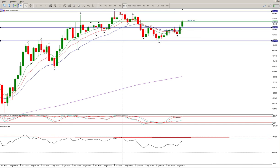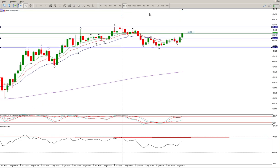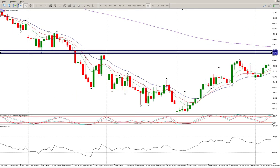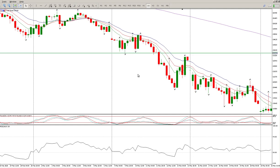Okay, but we obviously would need to break below the swing low here. So 23,270 is the area we need to get below, and that's going to validate shorts. Anything above 23,620, that's going to give us longs, and I would just be very cautious about where you're going with the longs, because